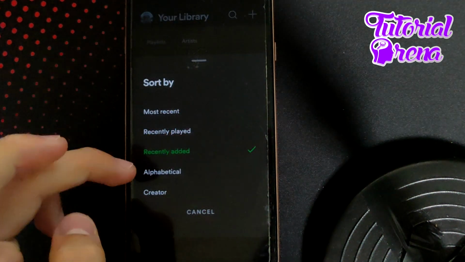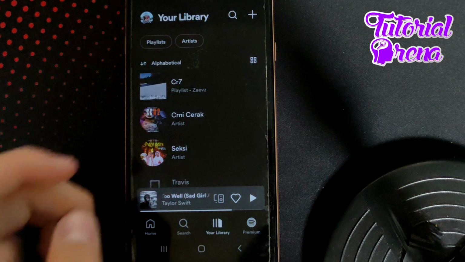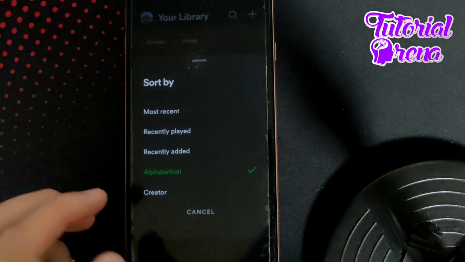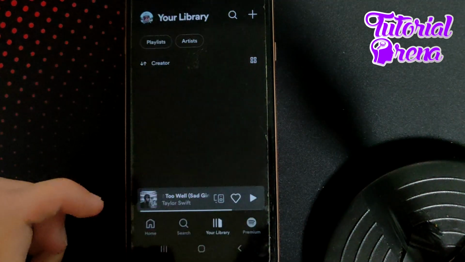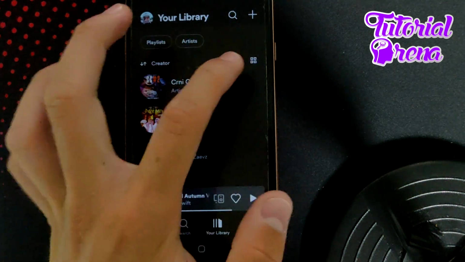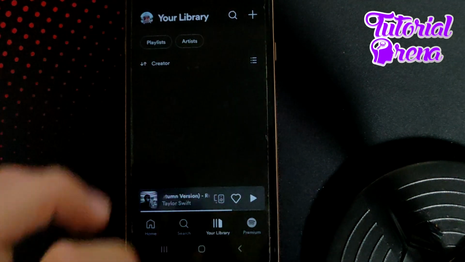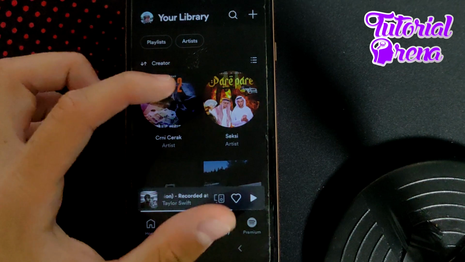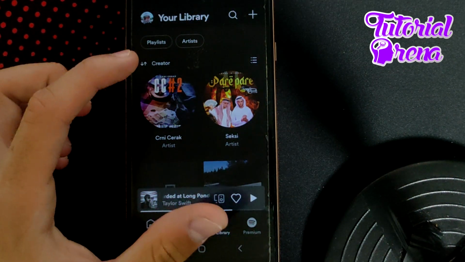Then you have also the alphabetical selection. And the last one is by creator. Just go on it. From here also you can check it over. Now if you tap on the right side selection, from here you can see it with a larger site list